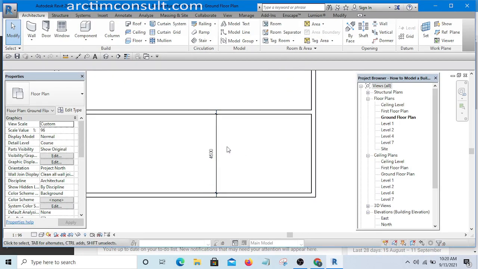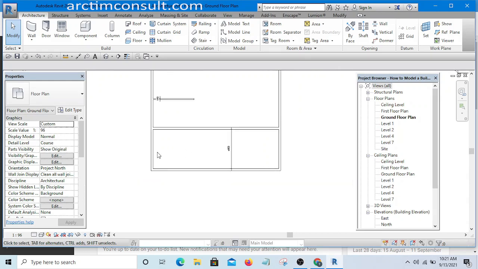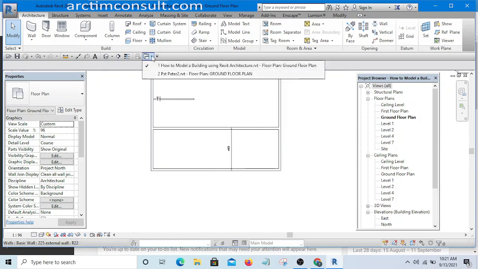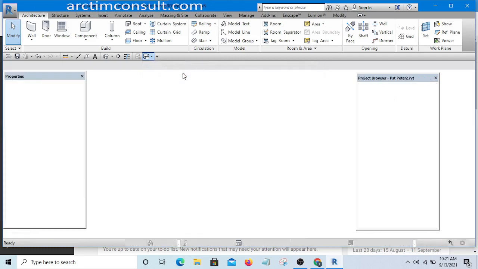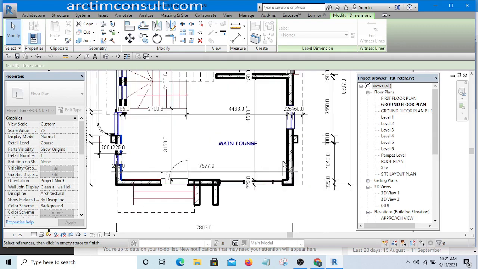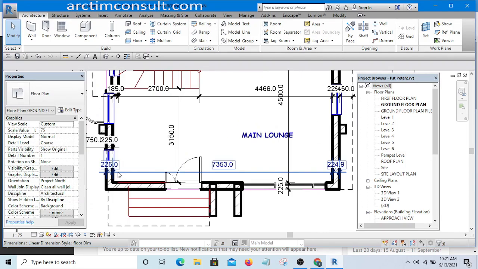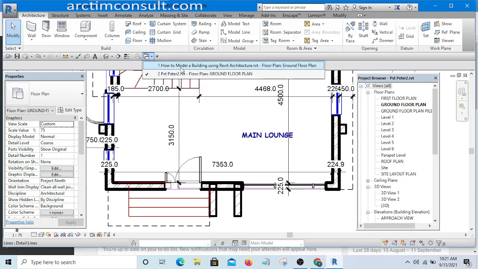All right. Okay, then the next thing I will do is let me check the width. What is the width of that place we are working on? Let me go back to this window and check. Okay, so the in to in is 7.353. Okay, so I'm going to go back to our drawing,